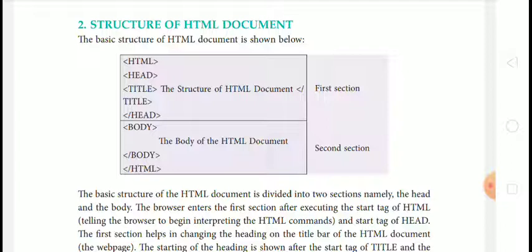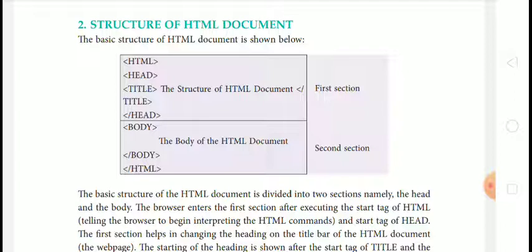The first one was the starting title tag, and the /title tag is the ending tag. Whatever you write in the title tag will be displayed on the title bar of your web page. After closing the title tag, you have to close the heading tag.